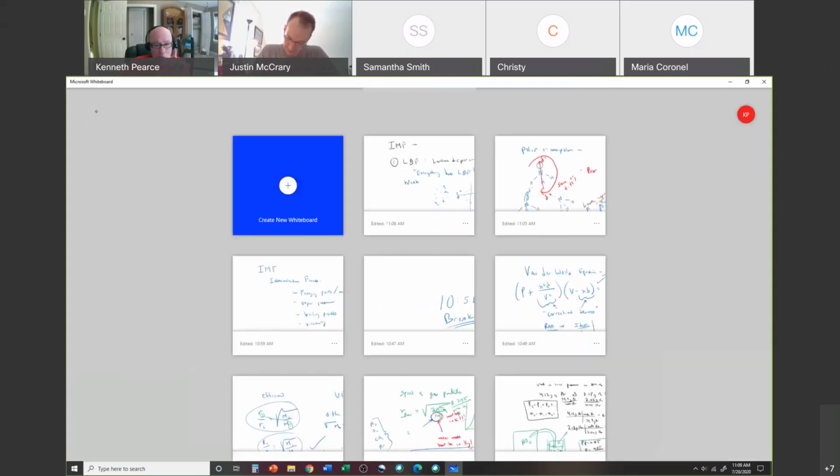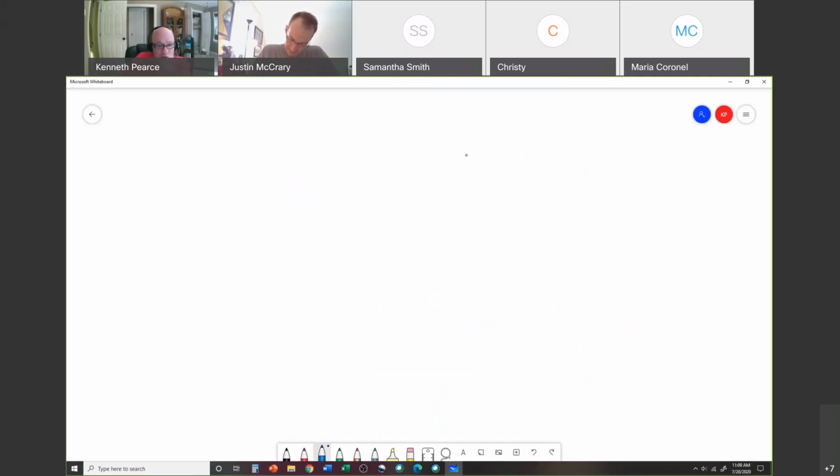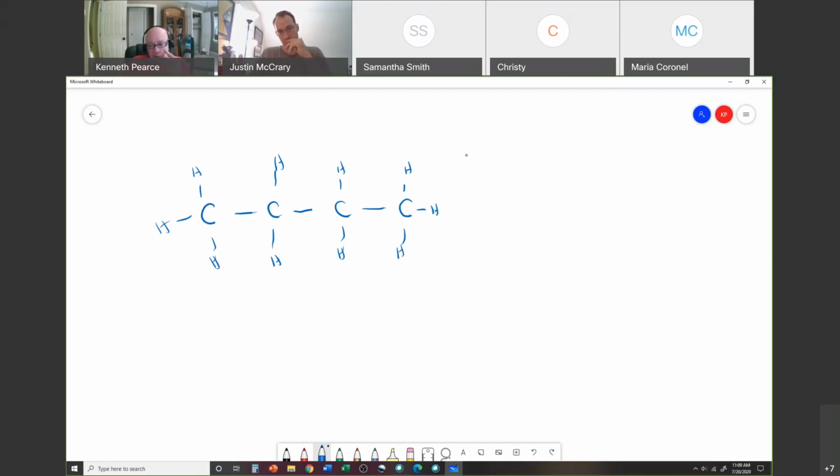But let me show you something here. So let's take a molecule which has nothing but LDF. It's the weakest force. Here's a molecule. In case you're interested, this is called butane. 4 carbons, butane. No double bonds. This thing has nothing but London dispersion forces going on. And if you park it next to another butane,